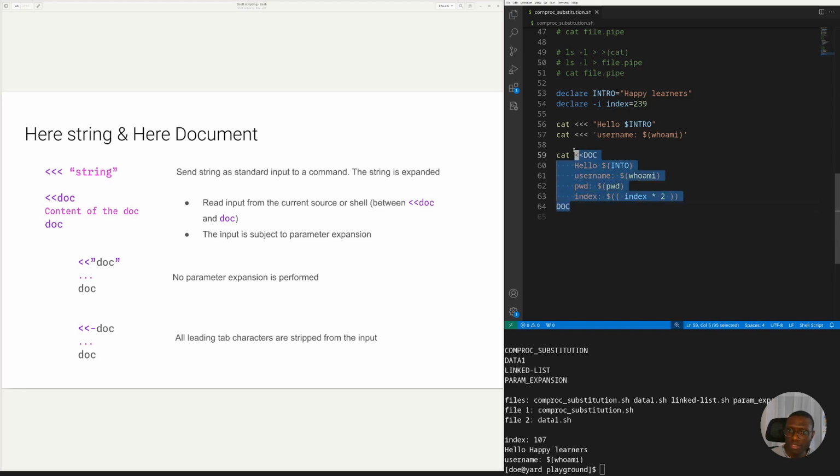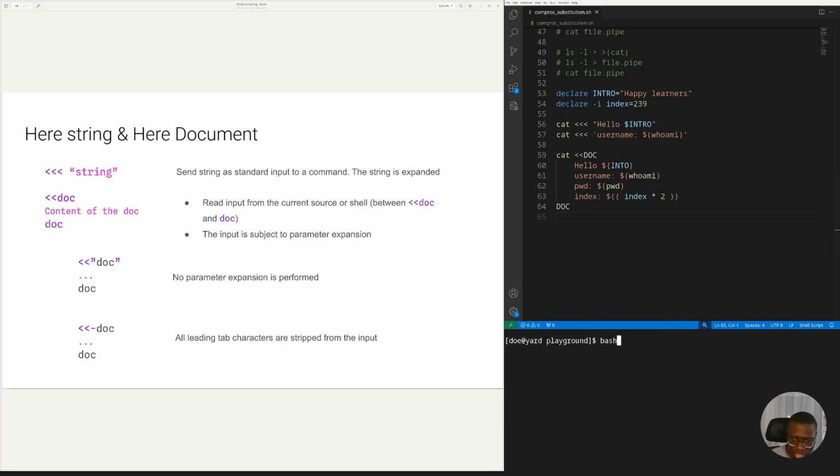Provided cat or whatever command is defined in front of it, as if this was being read from a file. And Bash handled this